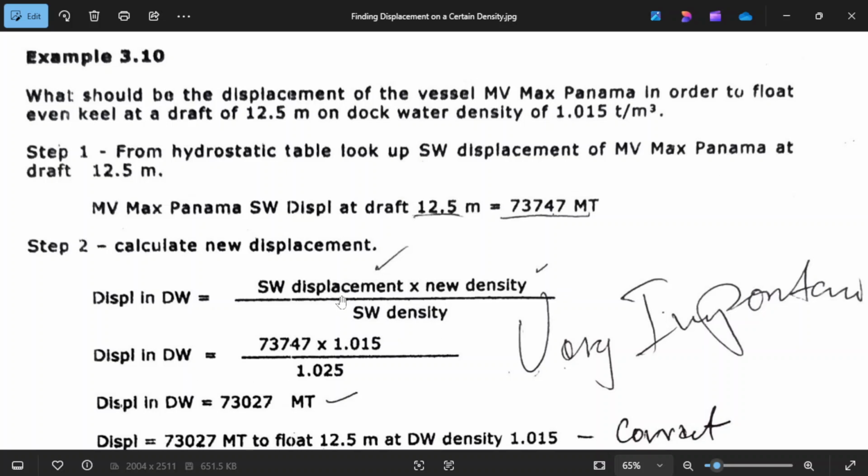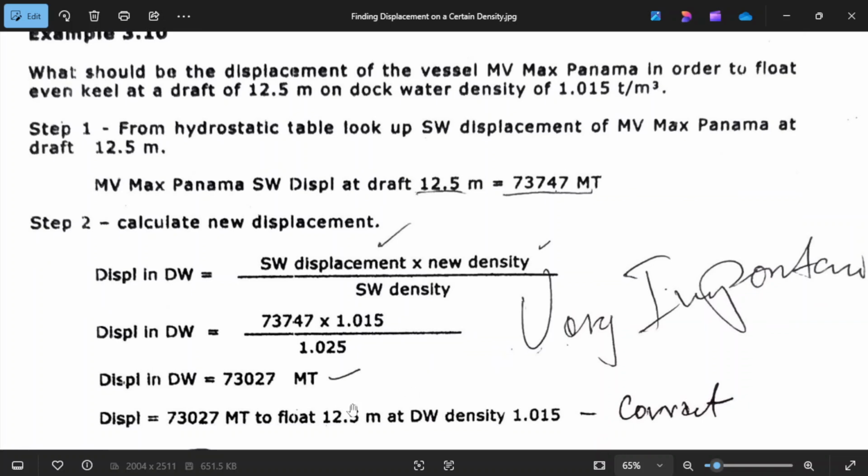Salt water displacement is 73747 multiplied by 1.015 over 1.025, and the answer, the displacement in dock water, is 73027. Okay, so the displacement is 73027 when floating at a draft of 12.5, density 1.015.